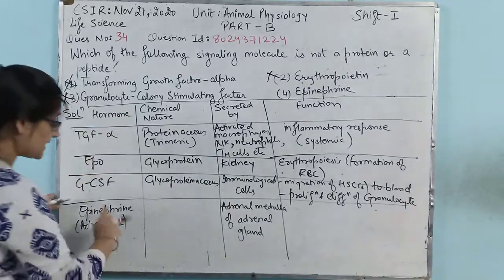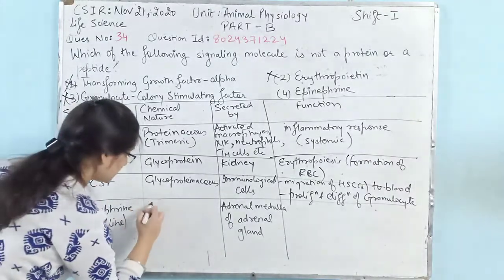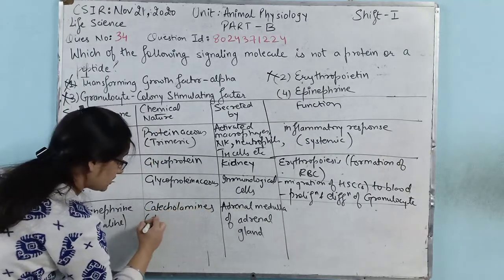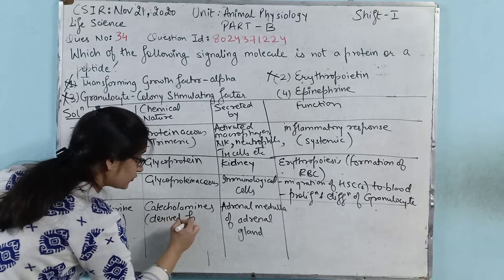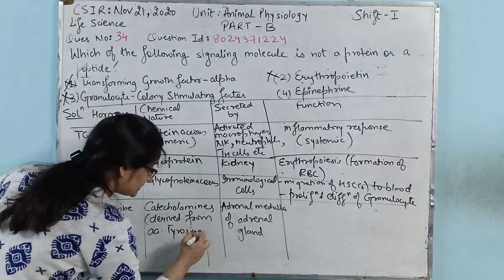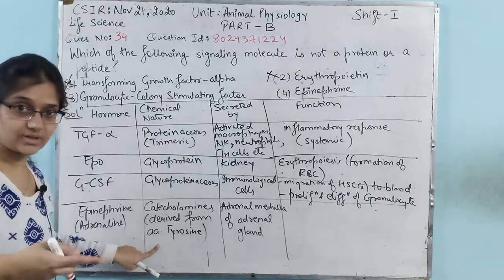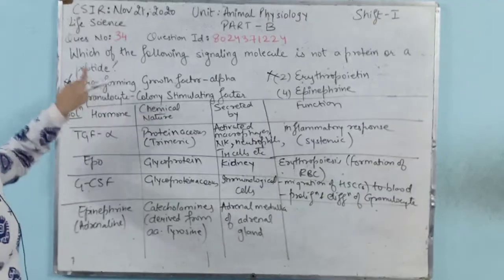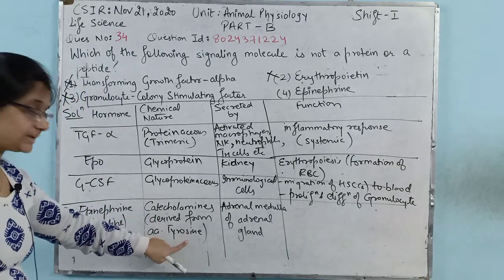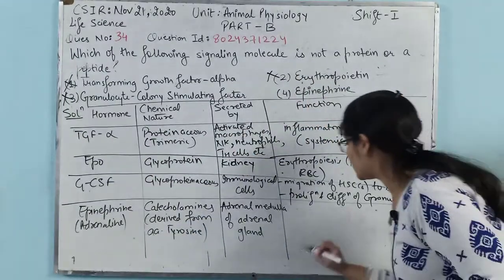And chemical wise, these hormones, epinephrine or adrenaline, are catecholamines which are derived from the amino acid tyrosine. So these hormones are amino acid derived hormones, right? So they are neither proteinaceous nor of peptide nature, right? So catecholamines are derived from tyrosine amino acid, and epinephrine hormone is involved in your